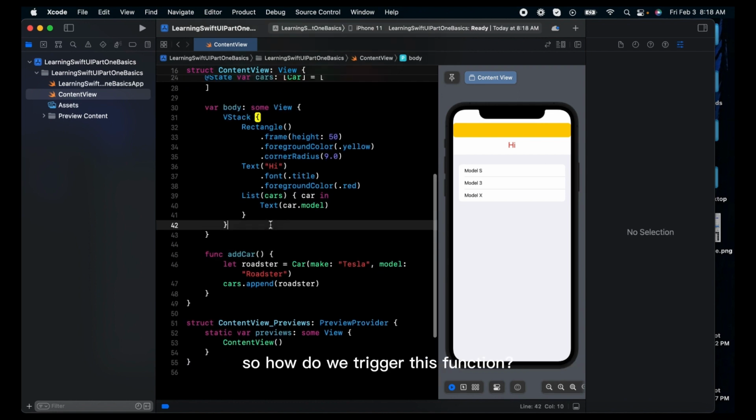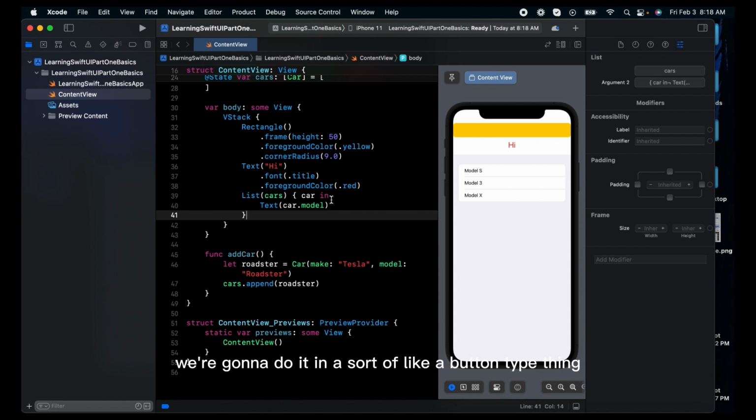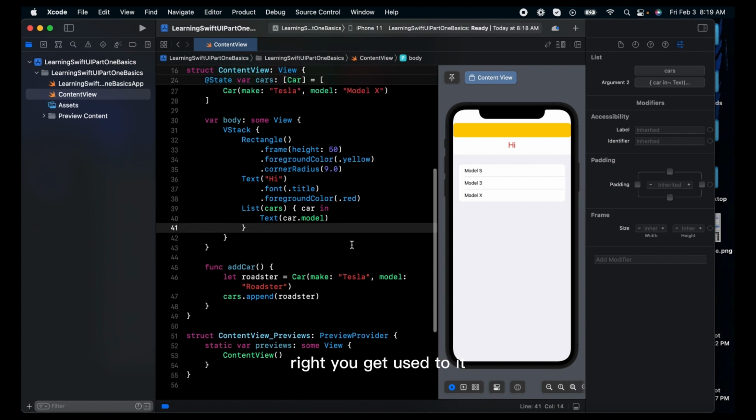So how do we trigger this function? We're going to do it with a button type thing. So how would you do a button or tap gesture in UIKit? You'd either drag in a button, add an IBAction, and do all that stuff, or you would add a tap gesture in viewDidLoad to the object, and then you would have an Objective-C function to trigger it, right? You get used to it, but there's a better way,